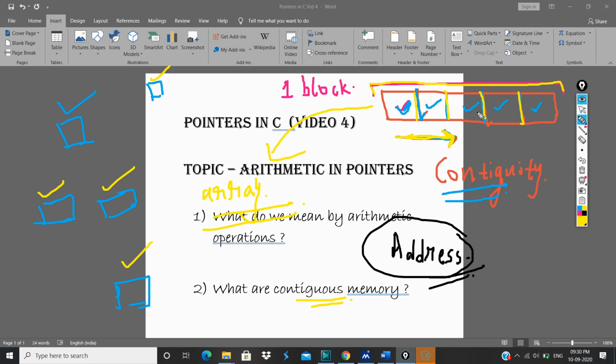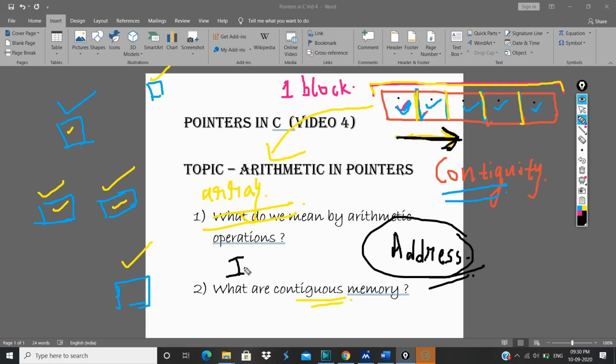So whenever memory is allocated here, it will not be allocated randomly. In the earlier case memory was allocated discretely, but in this case it will be allocated in one contiguous manner. And how can we access each box?